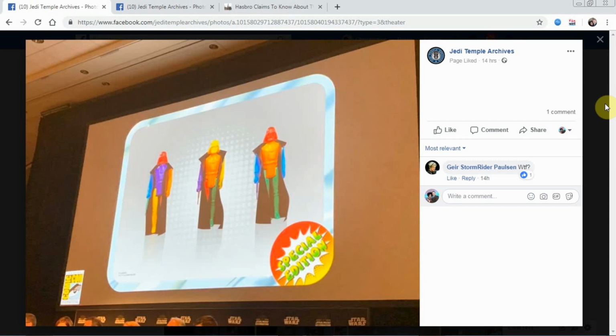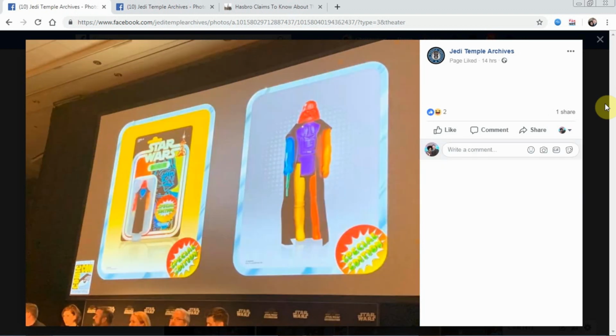So variant hunters are going to have an absolute nightmare trying to track down any variants with this. The actual figure itself will come on pop art card back. This is something that's very different to what they've done before. I've got to say, this is the easiest pass that Hasbro has ever done for me. I'm not a fan of the multicolored stuff. I'm sure it would certainly make for an interesting piece in your collection, but yeah, like I say, easy pass